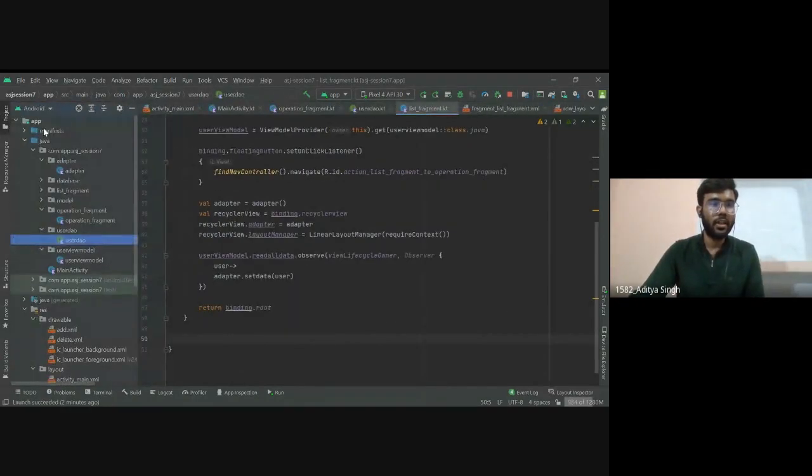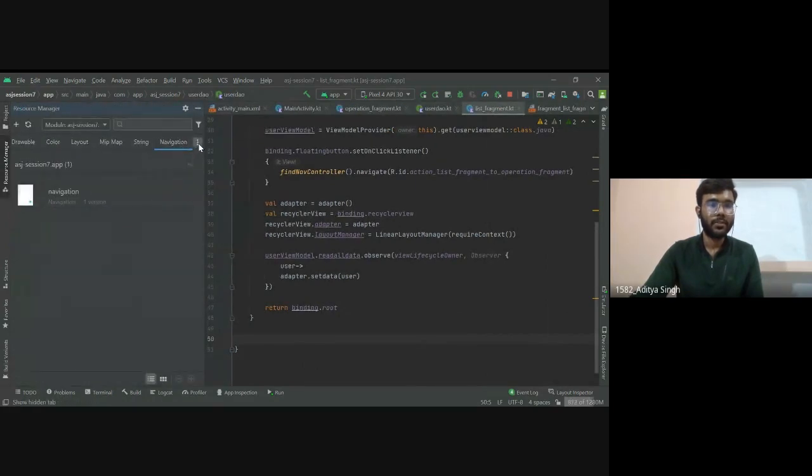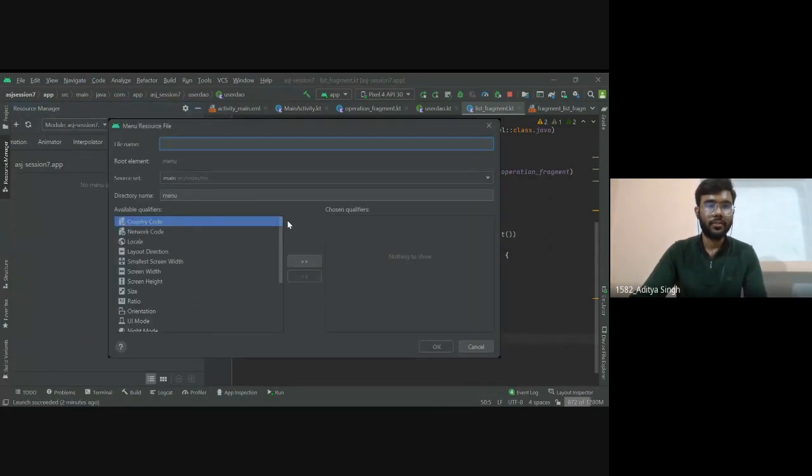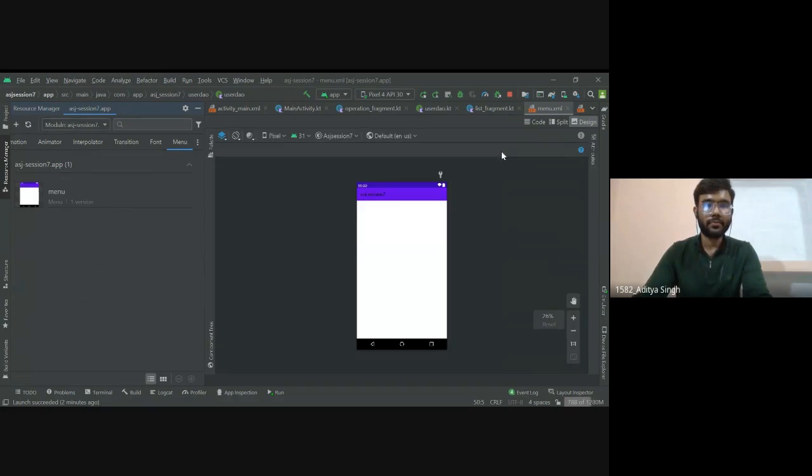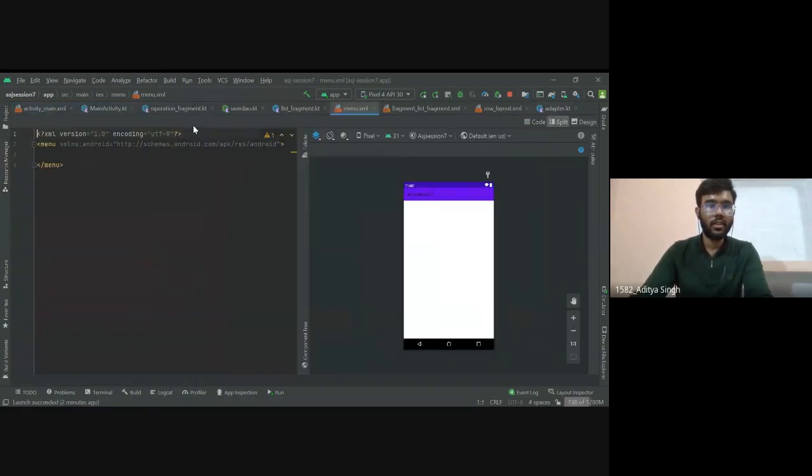So how do we create a menu file? Go to the resource manager and select menu from here, and menu resource file. Let's name it menu. Okay, so as you all remember, I created a vector image named delete. So we will use it here.